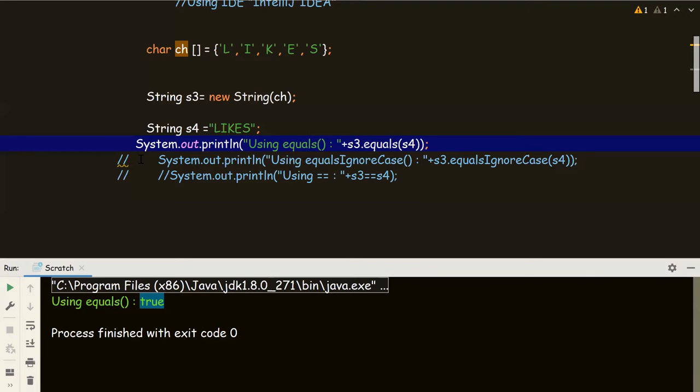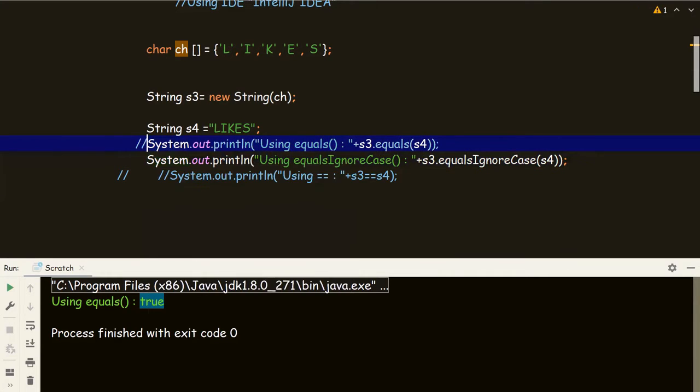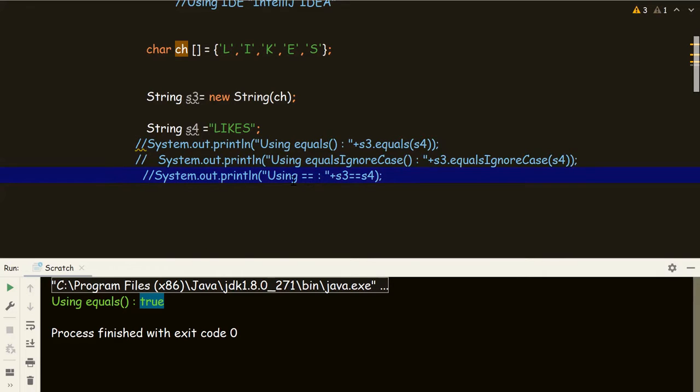Now let's compare with the equal to operator. System dot out dot println using equal to, s3 equal to s4. It should be false. Let's check it out over here.